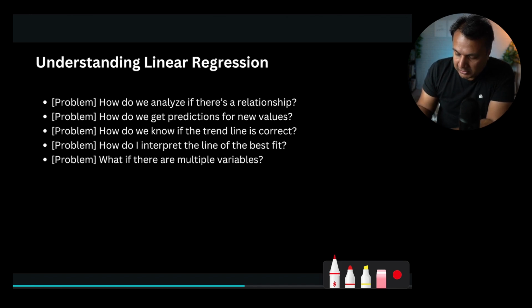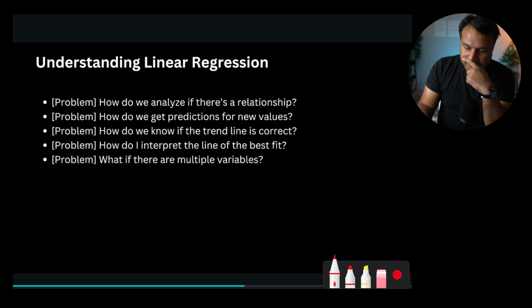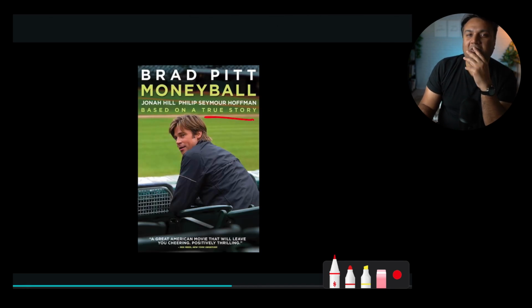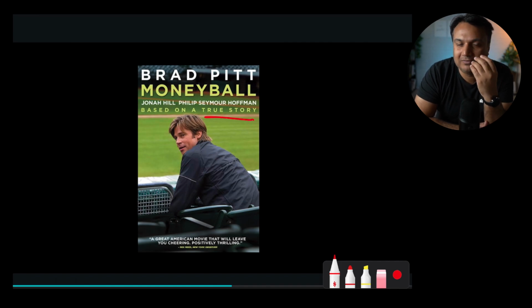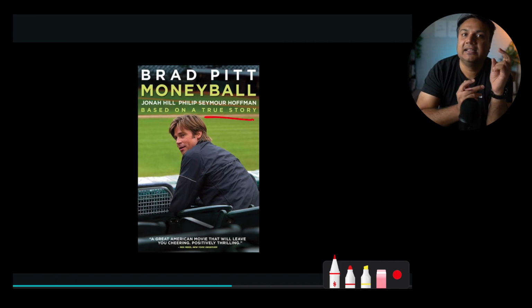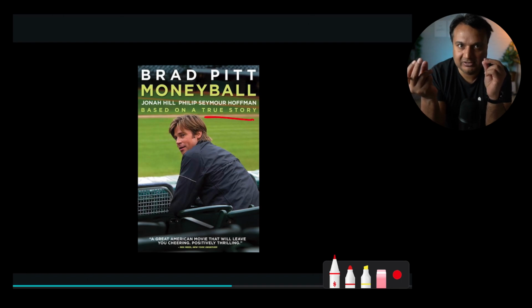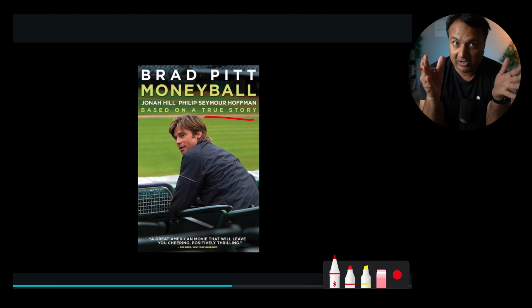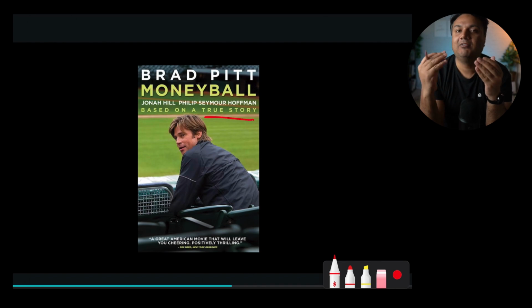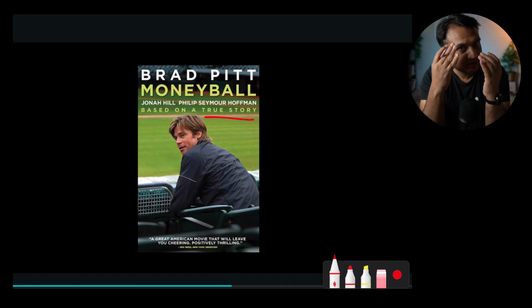Don't spend too much time on this slide. I just wanted to lay it out that the way I'll be explaining this is a problem-solution approach. So every time I will try to explain to you the why behind why we have a problem and why we need to solve it. And once you have the problem in mind, then the solution very naturally comes. I think that's a very good way to learn new things, especially which seem to be a little daunting. If you know what the problem is, then the solution just clicks. So I'll try to explain to you the problem people were facing, and then when I give you a hint about the solution, I think it'll make much more sense.